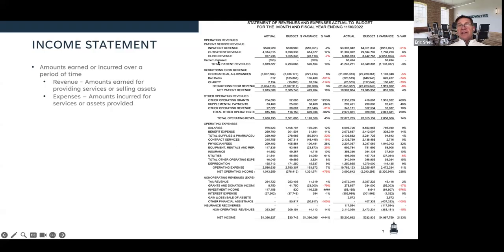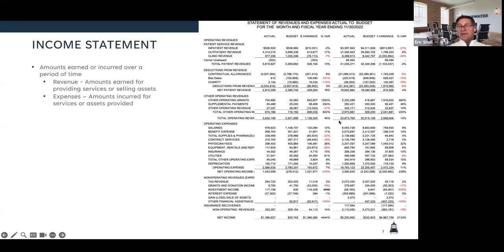It generally is reflected as revenue, which is recorded for amounts earned for providing services or selling, and then expenses. In this income statement, you have your revenues. This is year to date right here, so 41 million in total revenue. This is charges. Here are the contractual allowances, so we expect to get patient revenue of about 20 million. Then we have other operating revenue, non-patient. This is, you sell food in the cafeteria, you have 340B proceeds. There is other revenue here.